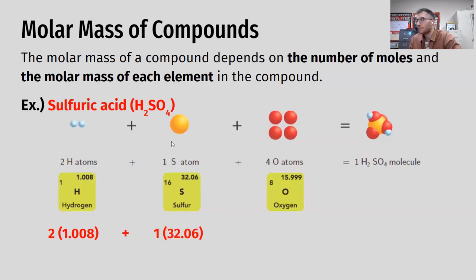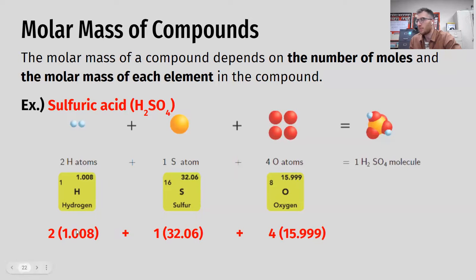Now, we obviously need to add the mass of our 1 sulfur to that because that also is contributing mass to the overall compound. If 1 sulfur has a mass of 32.06, we need to add that 32.06 to our already existing mass from the hydrogen. And then we can't forget about our 4 oxygens. SO4, there's 4 oxygens in the compound, so we have 4 oxygens, each of which has a mass of 15.999, basically 16. So we're going to take 4 and multiply that by